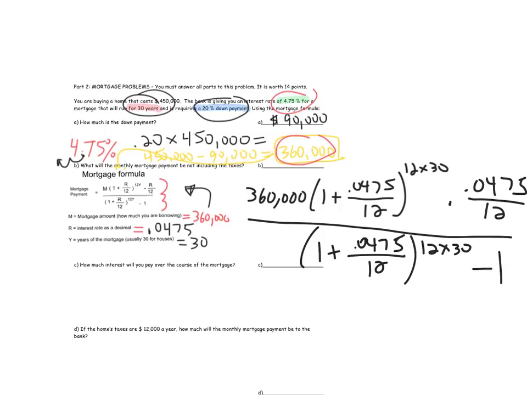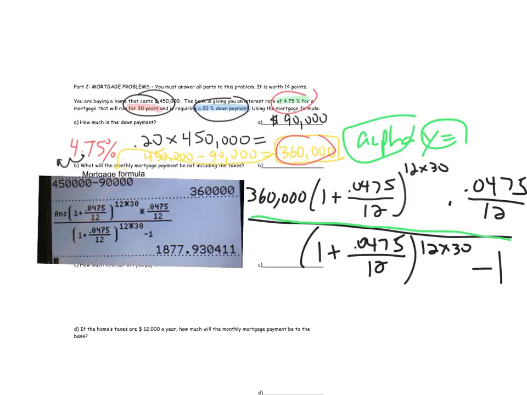Take away 1. And the challenge for these questions is A, knowing the mortgage formula, and then B, entering in all the data correctly onto your calculator. Take a moment, try to enter those values in. You're going to be using the alpha y equals fraction template for the entire formula, because the entire formula is a fraction. Then you're going to be using the fraction template 3 more times, because there's 3 more fractions built into the formula. Here, your monthly payment without the taxes turns out to be